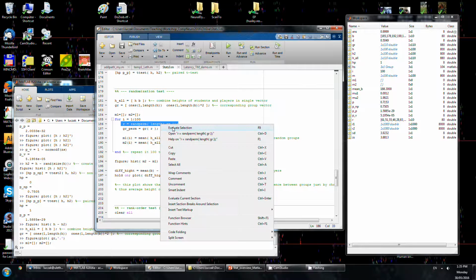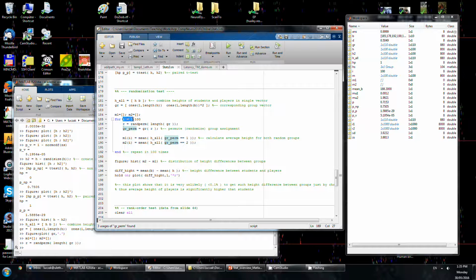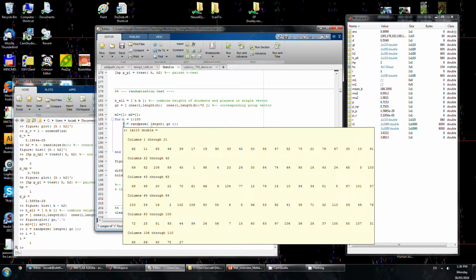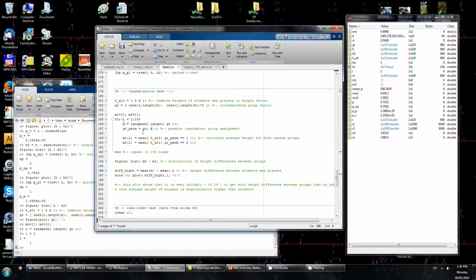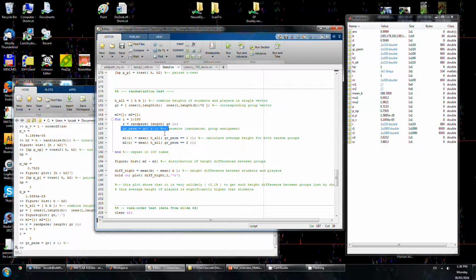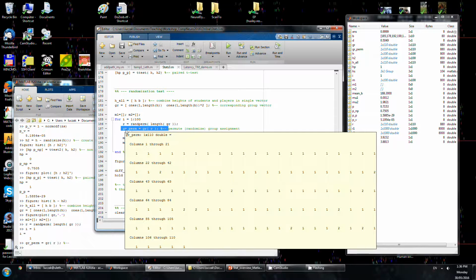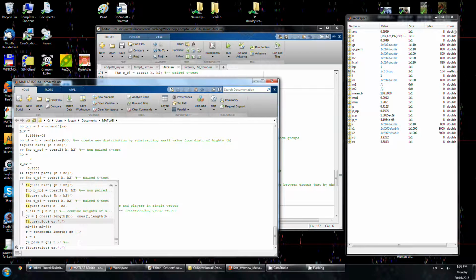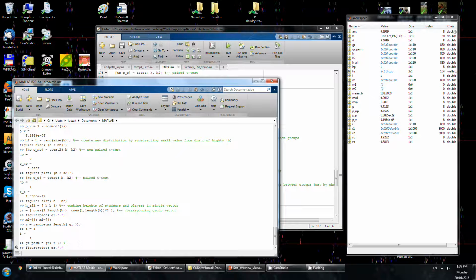Here I'm generating R, a vector with 110 numbers in random order, so it is a random shuffling of groups, and here I am applying this random shuffling of groups to our data. So if I plot this group after permutation,